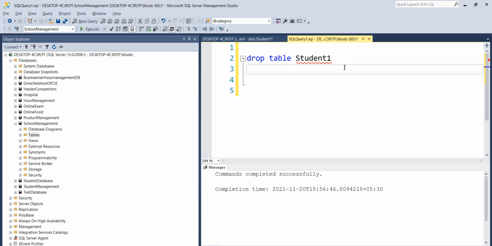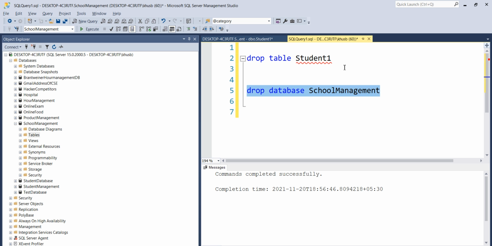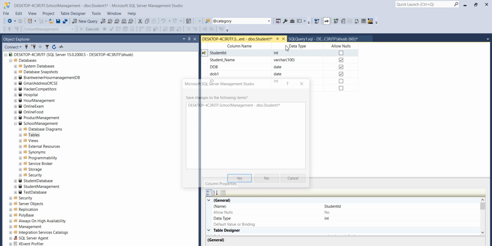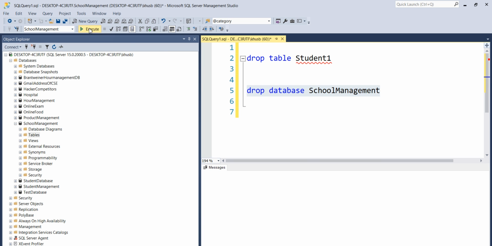The same query you can write, drop, and this time I do not want to drop a table, but a database, so I will write database here. And which database do I want to drop? I want to drop this school management. So this is going to completely drop the database currently in use, because we have opened this window. So we need to delete this one, and now run this again.